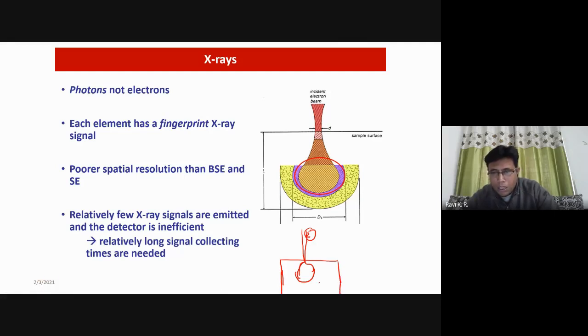Fine. Now we were getting different signals: secondary electrons, then backscattered electrons, and we had secondary electron 1, 2, and 3. All those parts we'll discuss. And also at some point, as I told you, X-rays are also generated. Now this X-ray that we are going to use for quantification.